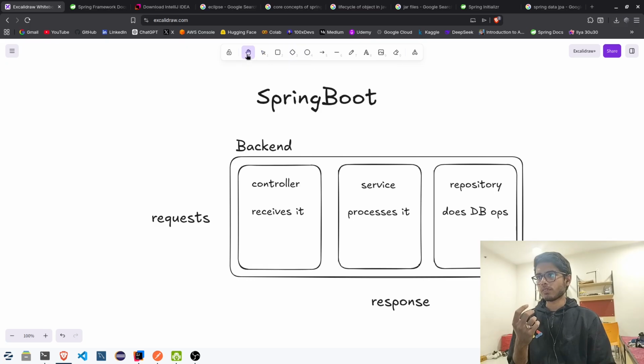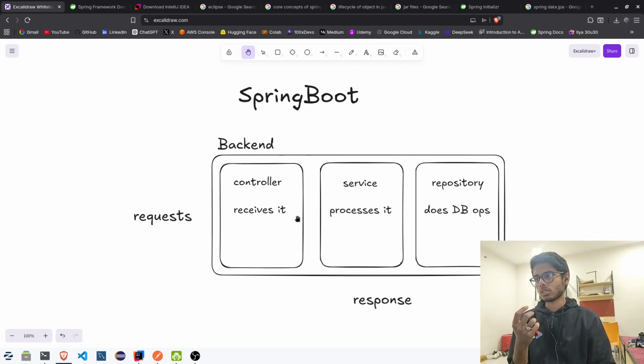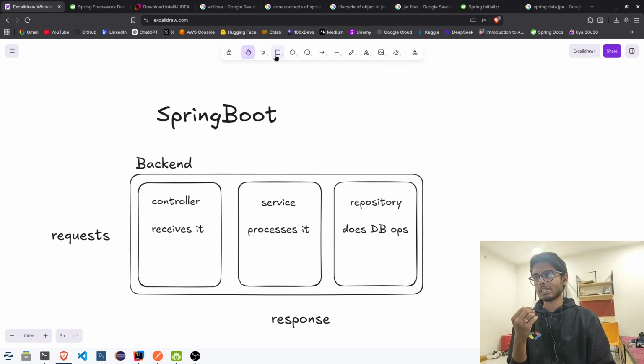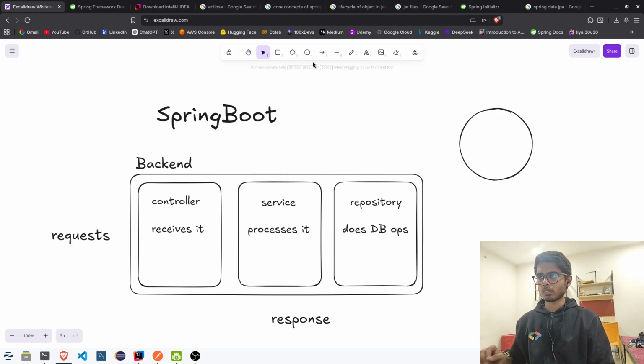So we go down. In our project over here, I made you understand that there is a controller, there is a service, there is a repository. Now, basically what happens is that this repository layer that you see is actually responsible for talking with the database, right? So if I have a database over here, let's say,